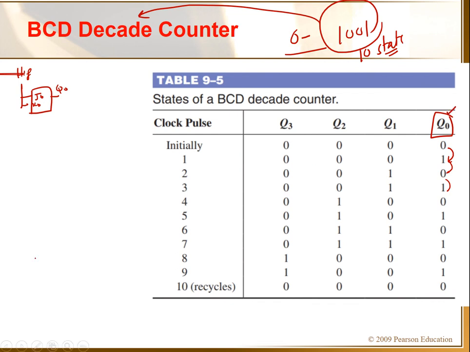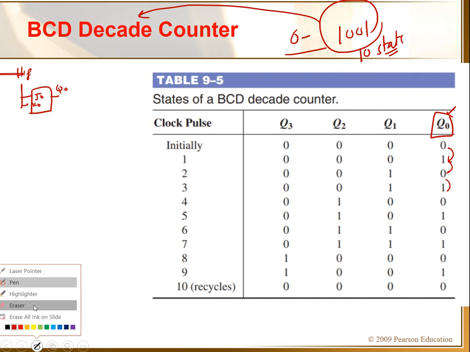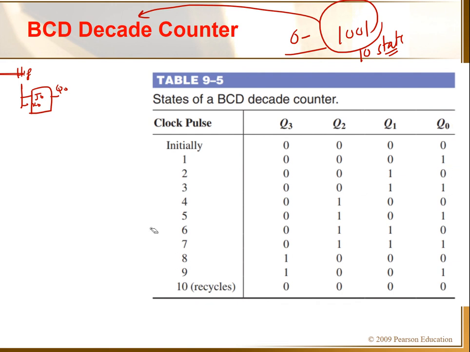Okay, now if I look for the next one, Q1 again. Q1 is changing its state in the next cycle when Q0 is 1. Q1 is changing its state towards the high cycle, but now we are making a decade counter. Okay, we have a limitation. So basically now for Q1 there are 2 conditions here.